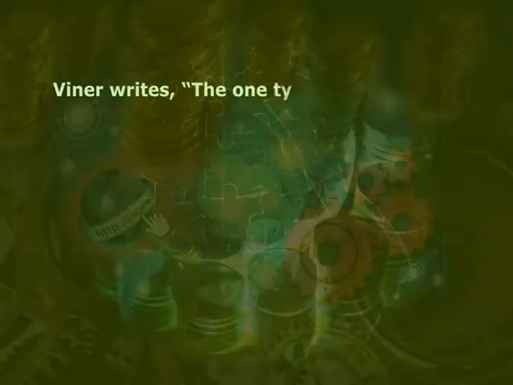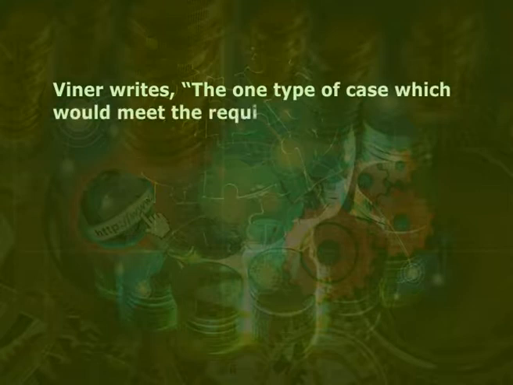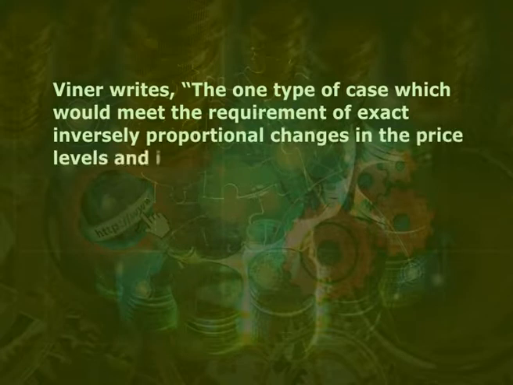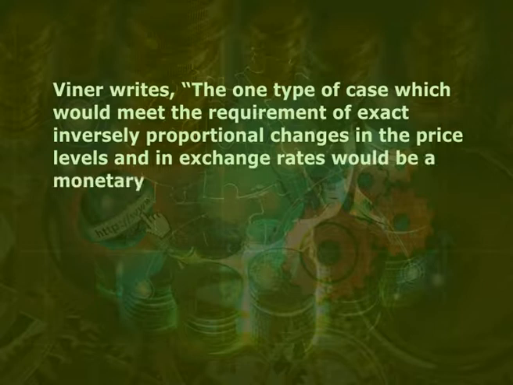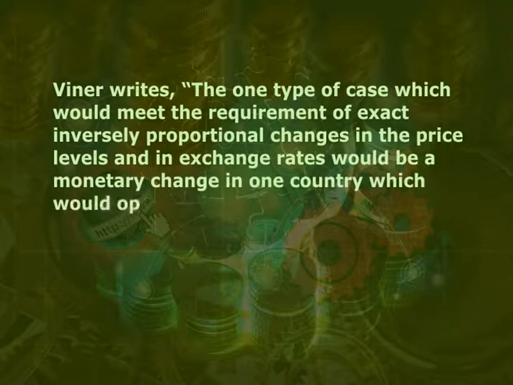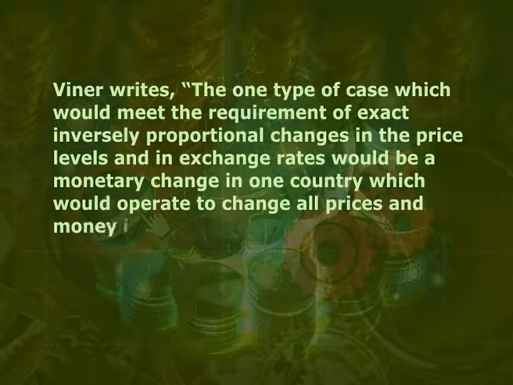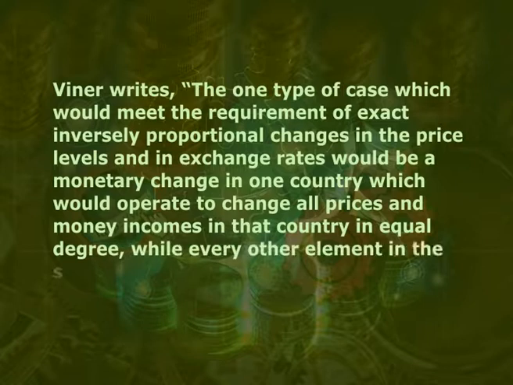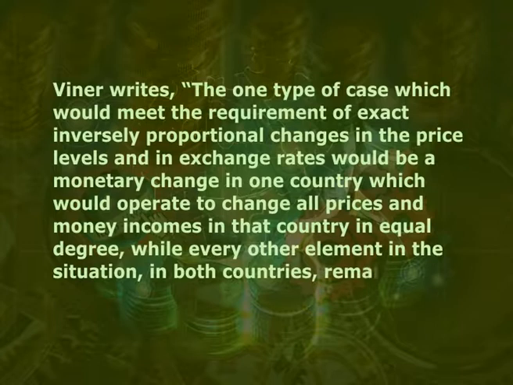Viner writes, "The one type of case which would meet the requirement of exact inversely proportional changes in the price levels and in exchange rates would be a monetary change in one country which would operate to change all prices and money income in that country in equal degree, while every other element in the situation in both countries remained absolutely constant." Similar discussions of the case of proportionate changes in exchange rates and price levels with no real changes are provided by Samuelson,